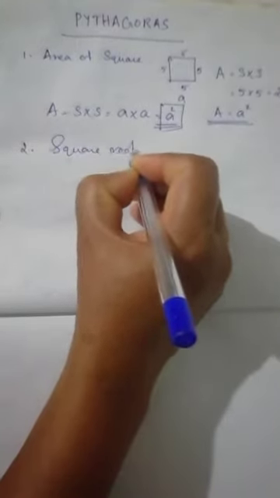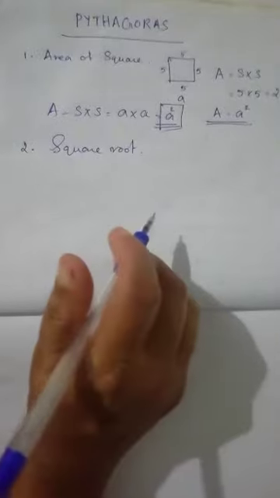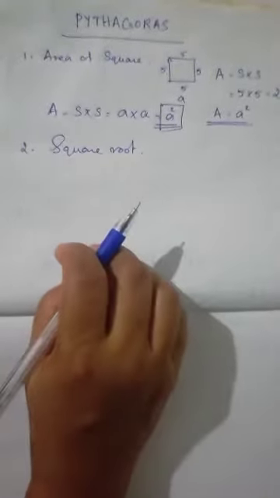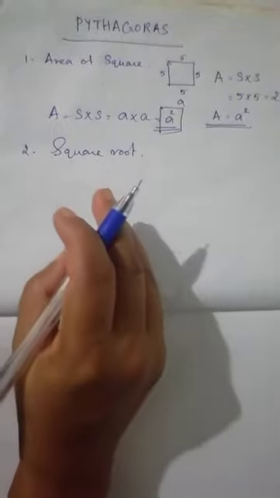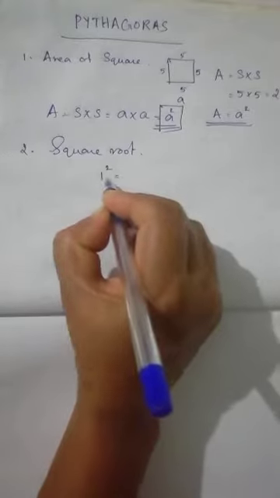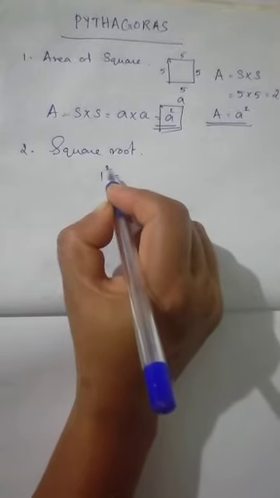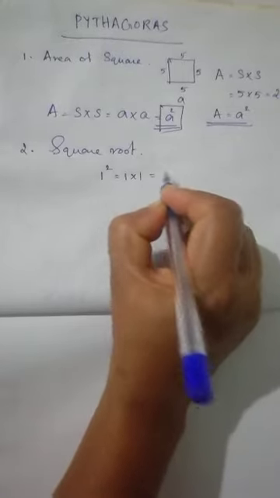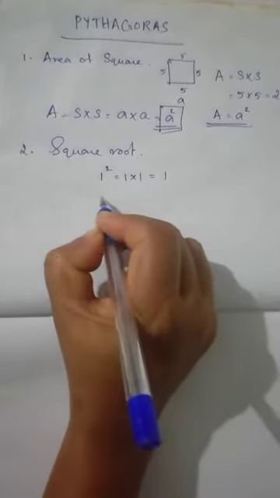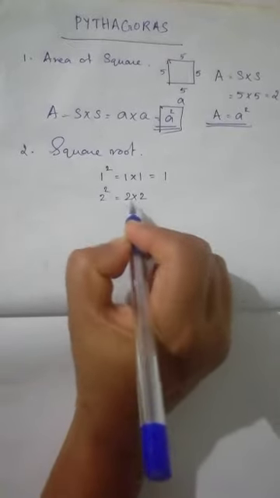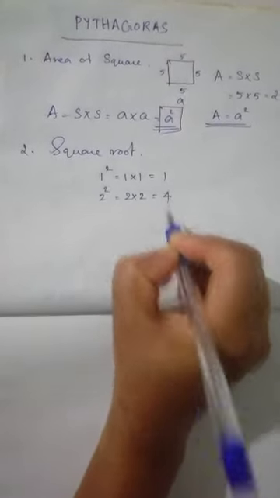Next concept is square root. You haven't heard about a square root, right? We can study it. First, the square of a number. Do you remember? For every number we can calculate the square. 1's square is 1 into 1. In exponential form, 1 square means 1 multiplied 2 times. It is 1. 2 square is 2 multiplied 2 times, 2 raised to 2, which is 4.